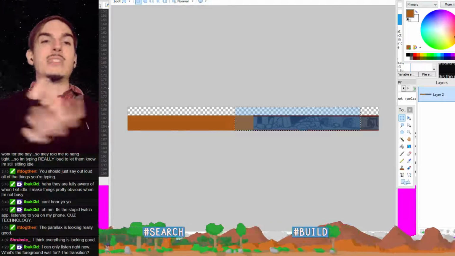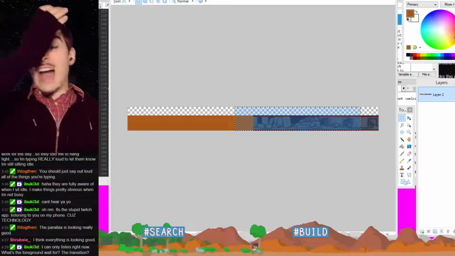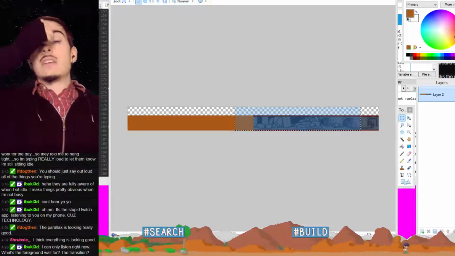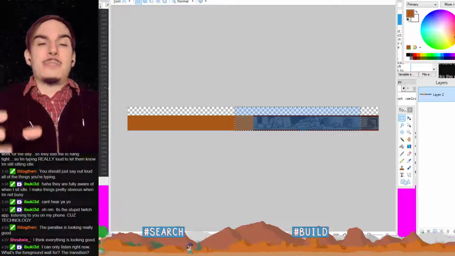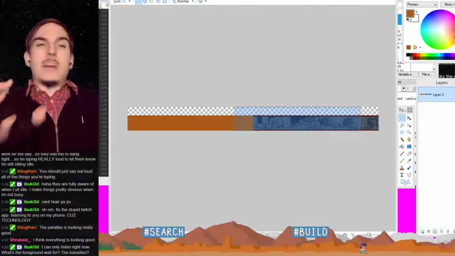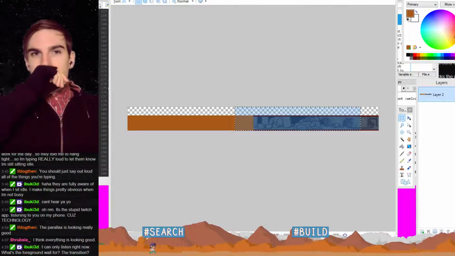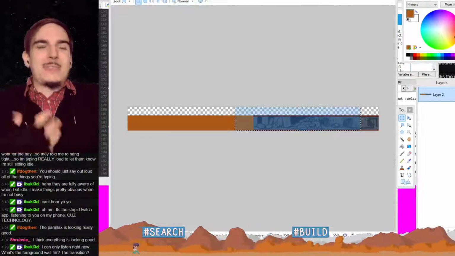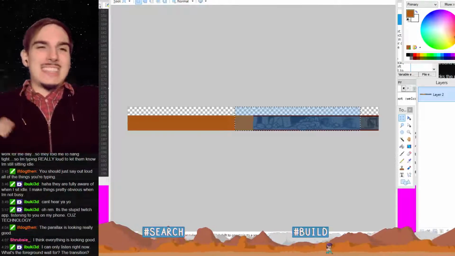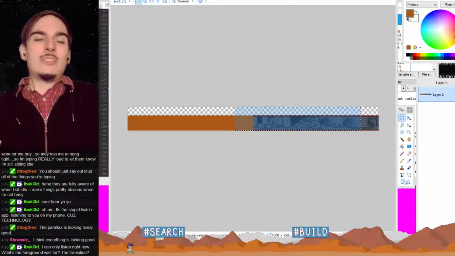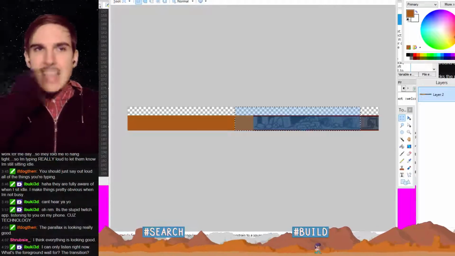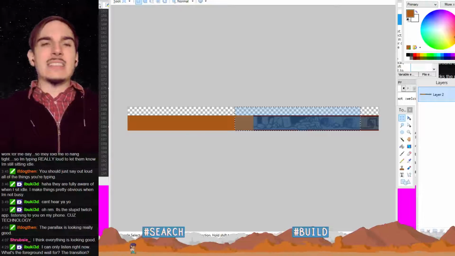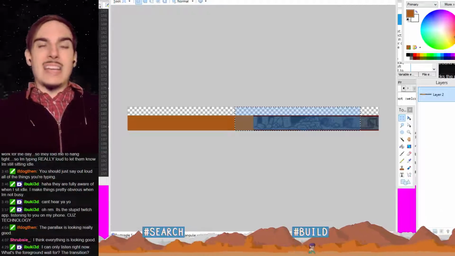We need to fill up a full half of the midground with something interesting looking, something believable, something that works in the scene, because as this ugly seam from the back layer travels across the screen,